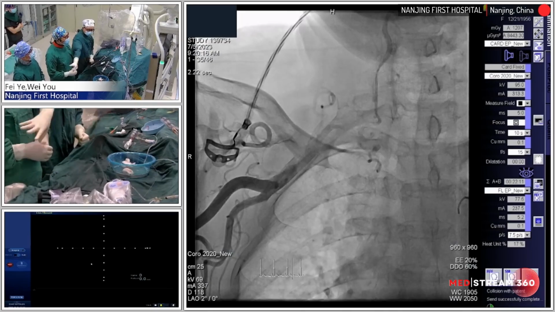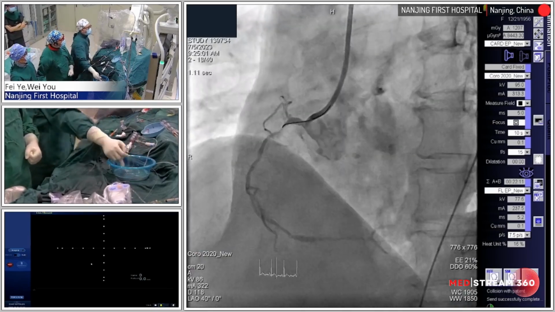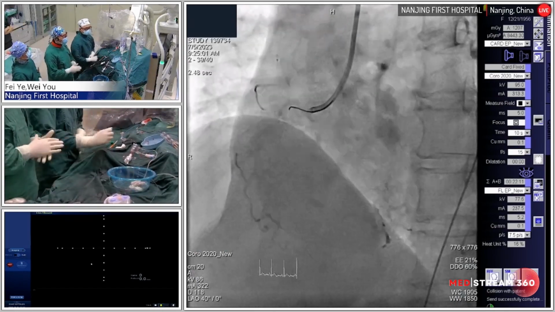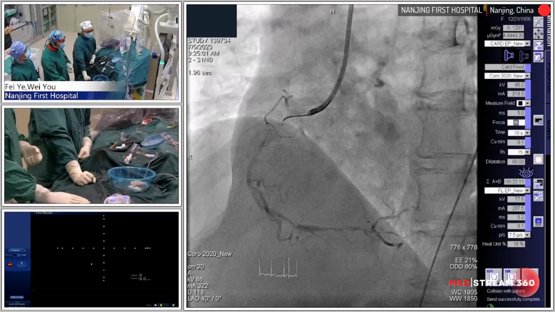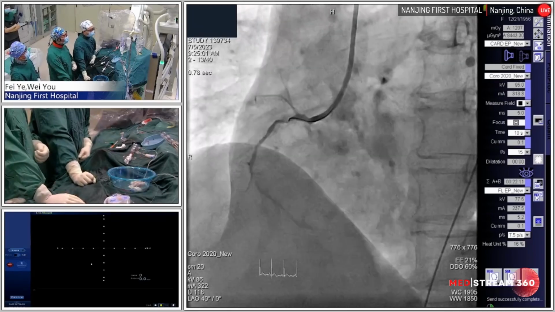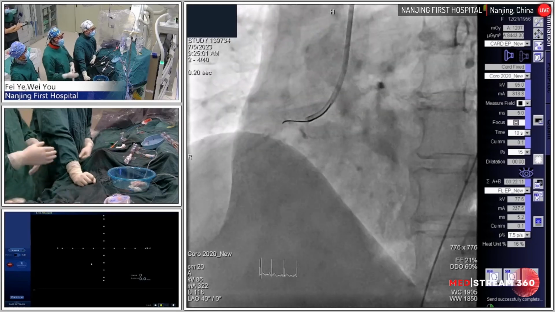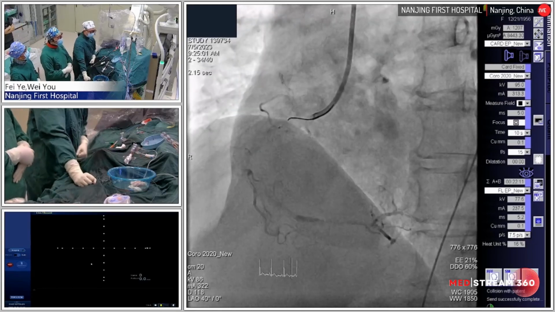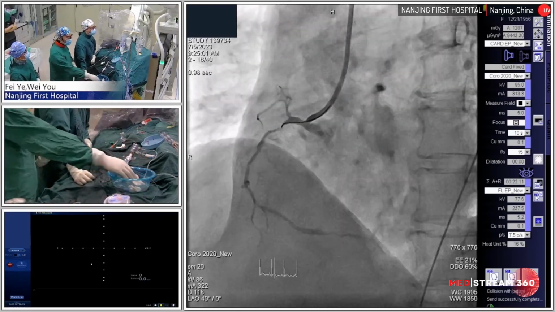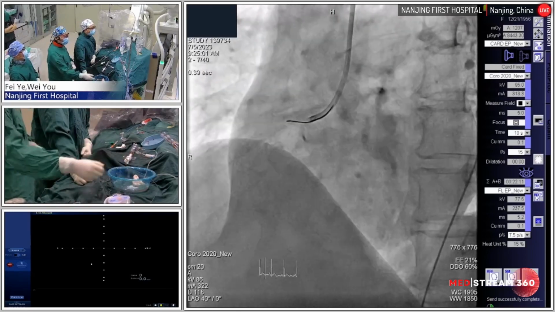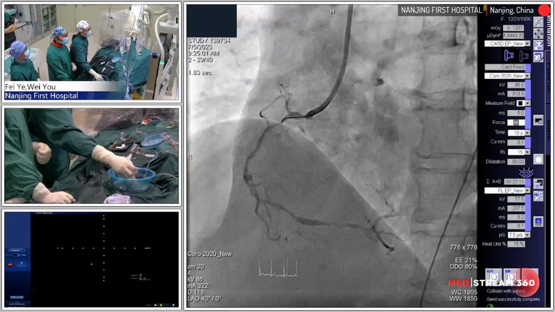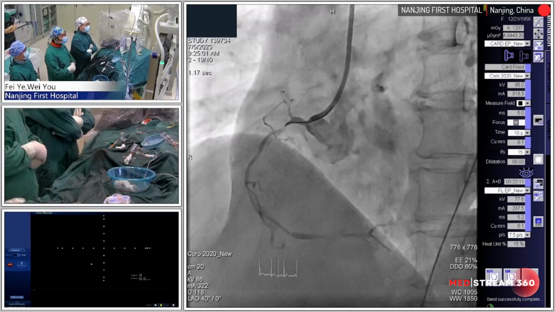Although the patient has a high risk level from the SYNTAX score and is a good candidate for CABG, the patient's family refused to perform open chest surgery. The family strongly opposed CABG and asked us for help. So for this lesion, we have the pre-procedure preparation. And first, for the procedure,